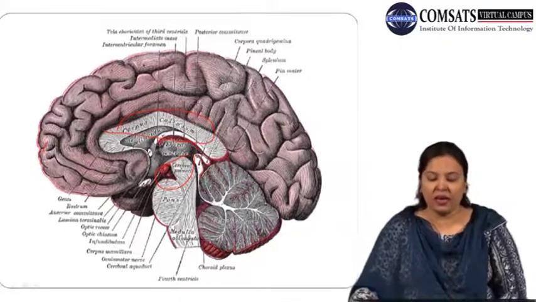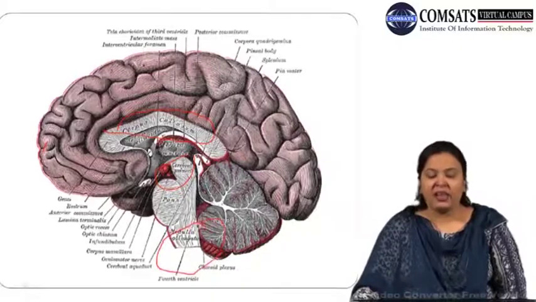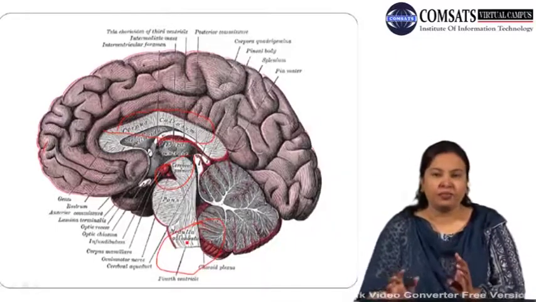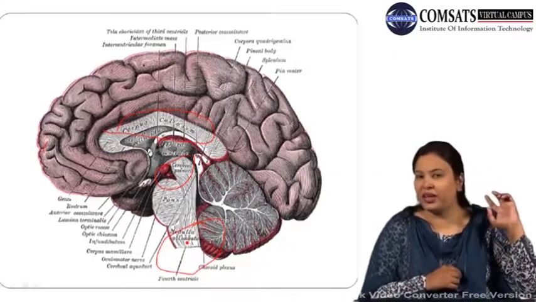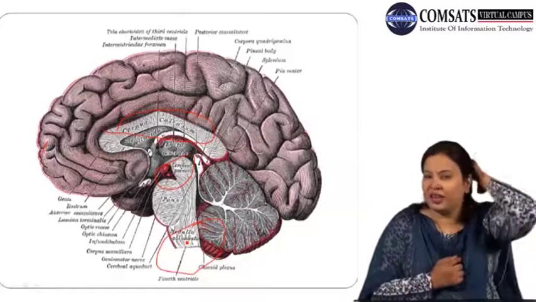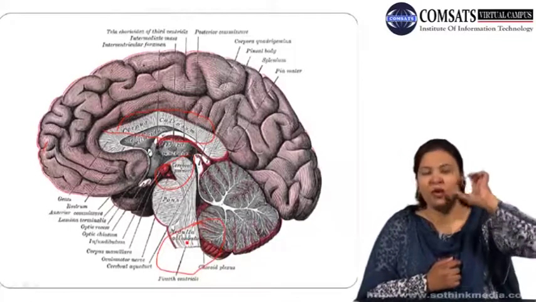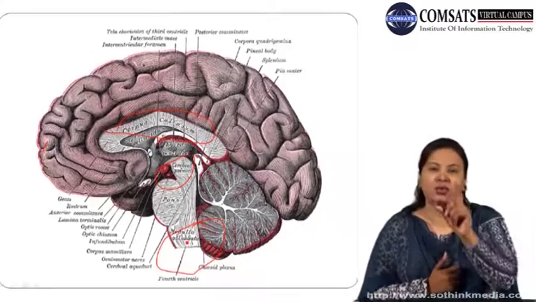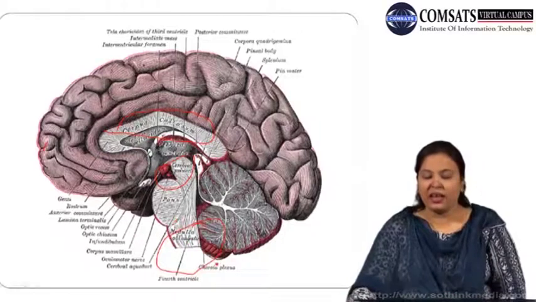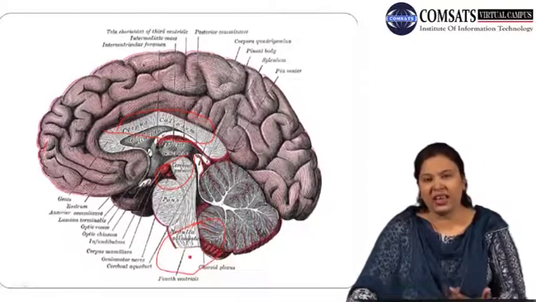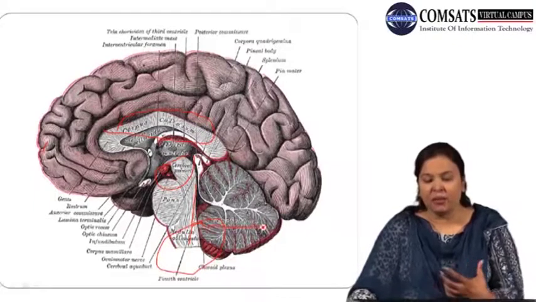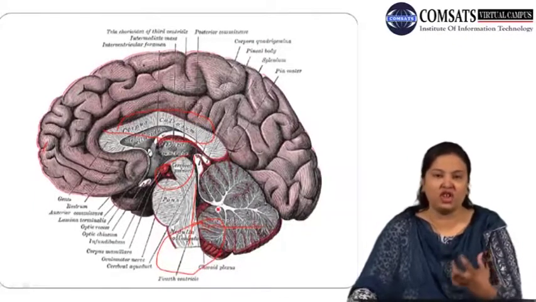Then you can see over here, if you look at this ending part, these are the parts where the nerves enter into the brain. The nerves from the backbone area, at the back of your head, the bundle of nerves from the backbone enter into the brain. So this is that area. And over here we get the senses and the transportation of messages. And over here you can see another important part of the brain that has a shape like leaves.